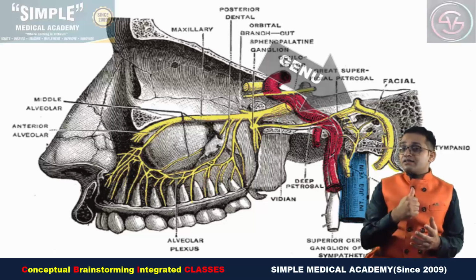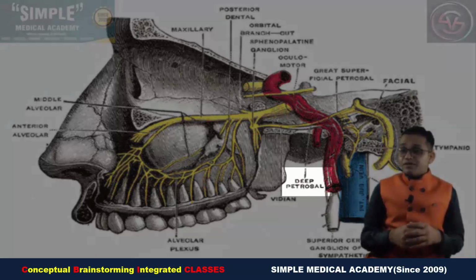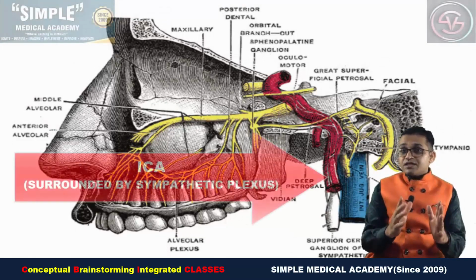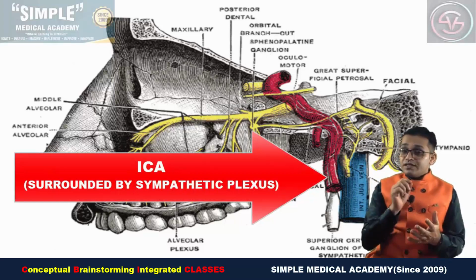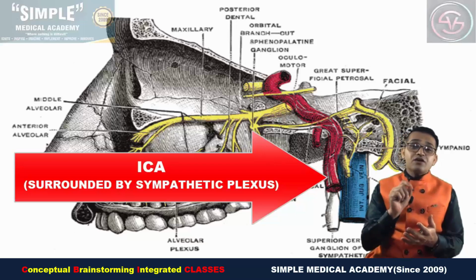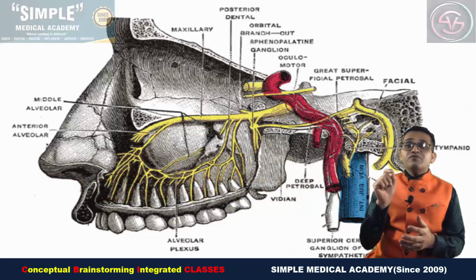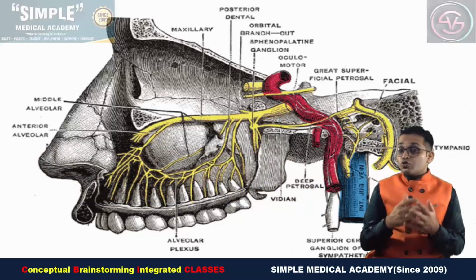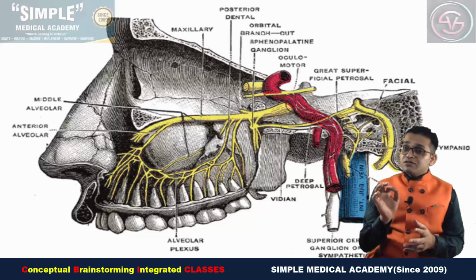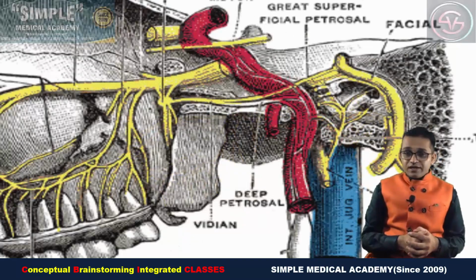Okay. And another nerve, deep petrosal nerve. Yes, this deep petrosal nerve is coming from where? It is coming from the sympathetic plexus around the internal carotid artery, as you can see in this image. So the deep petrosal nerve is coming from the sympathetic plexus around the internal carotid artery. As you know that these sympathetic fibers are coming from the root of T1, segment T1 of the spinal cord. So root value of this deep petrosal nerve is T1. Now this deep petrosal nerve is also running from posterior to the anterior side of the foramen lacerum.